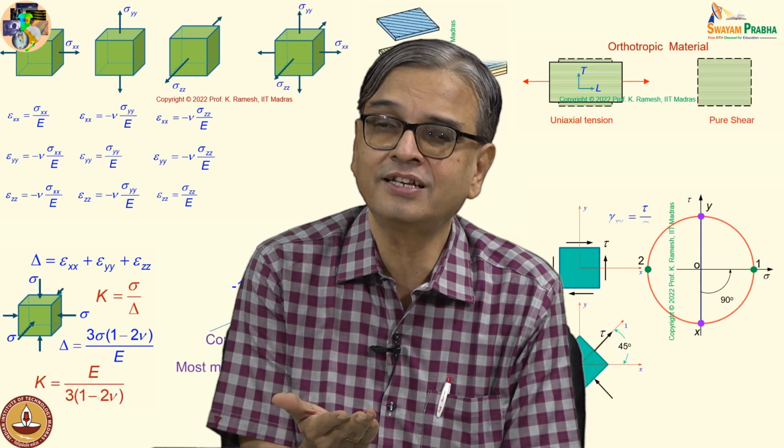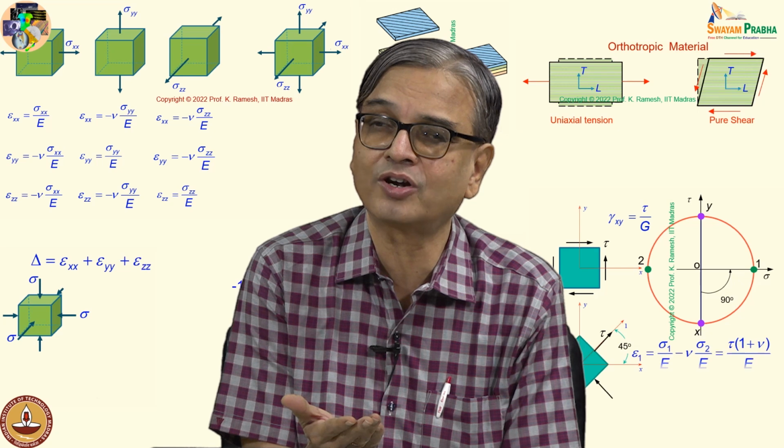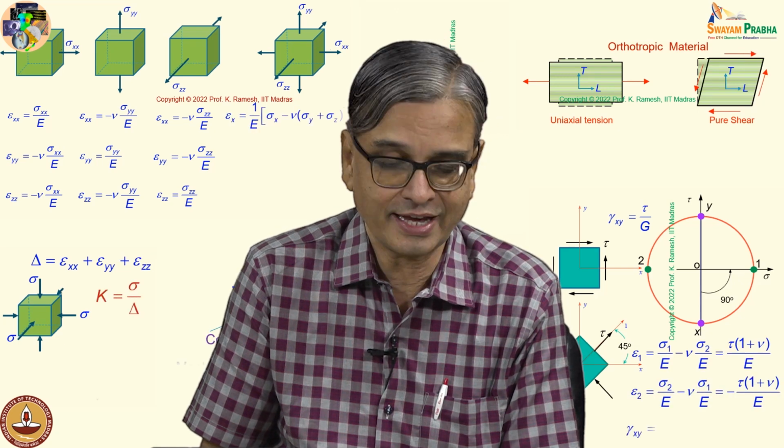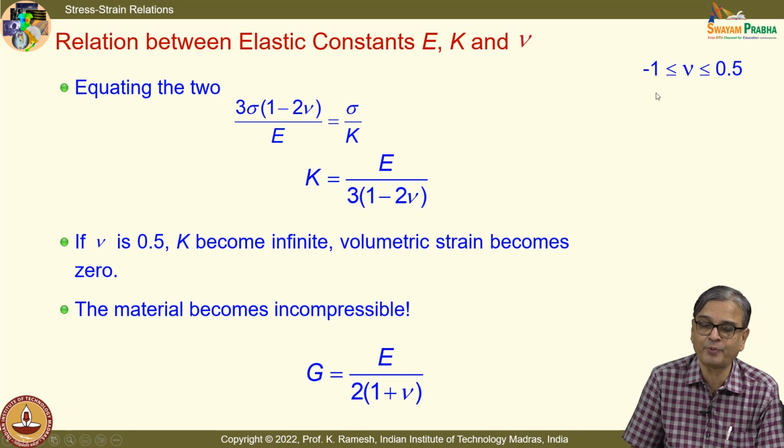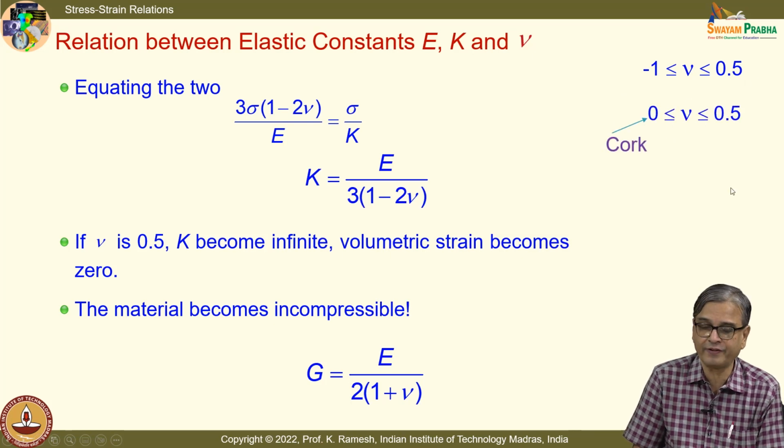We have just now seen a relationship between Young's modulus and shear modulus. What was it like? It was G equal to E by 2 into (1 plus nu). So, this gives me the other limit, that it cannot go beyond minus 1. So, I have the range of Poisson ratio from minus 1 to 0.5, but most materials have between 0 and 0.5,